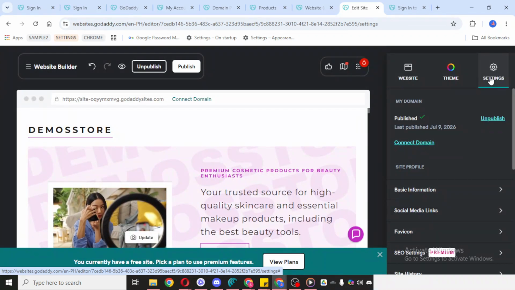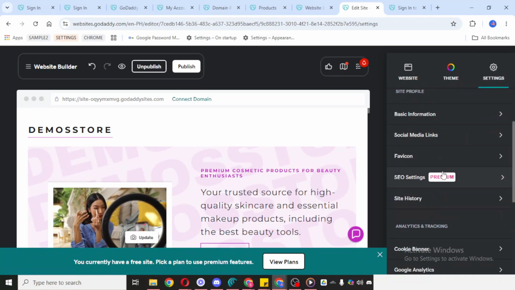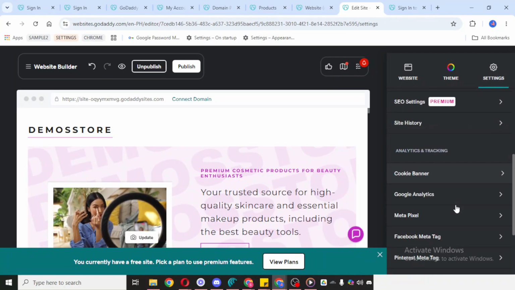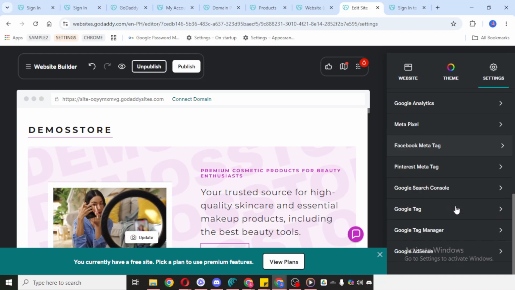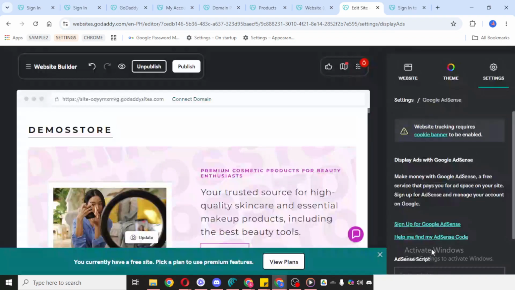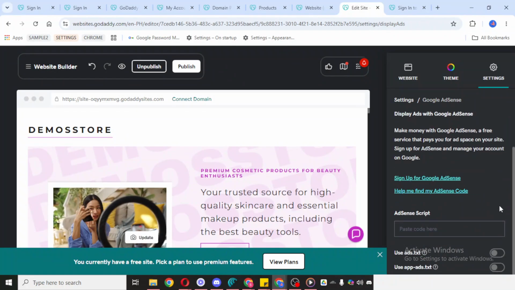When you open it, you'll see the place where you can paste your Google AdSense code or connect the AdSense details required by the platform. Go ahead and paste the Google AdSense information into that field carefully. It's always a good idea to double-check what you paste to make sure there are no missing characters or extra spaces, because even a small error can prevent the connection from working properly.